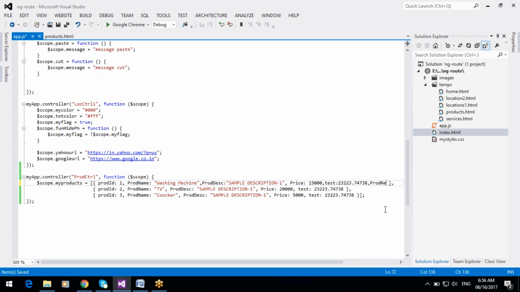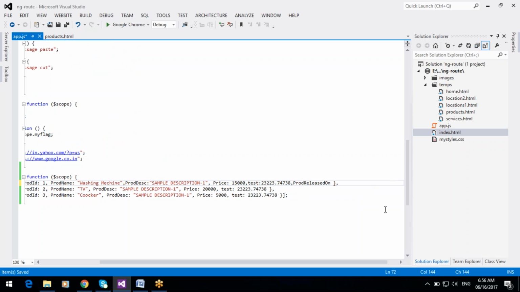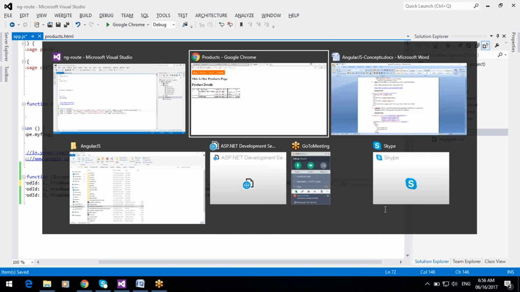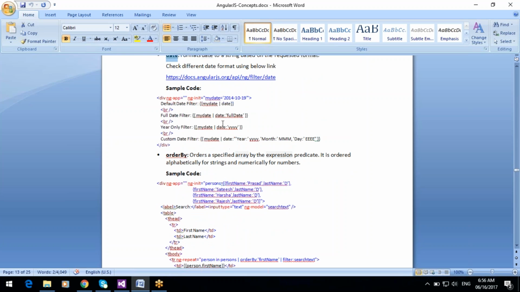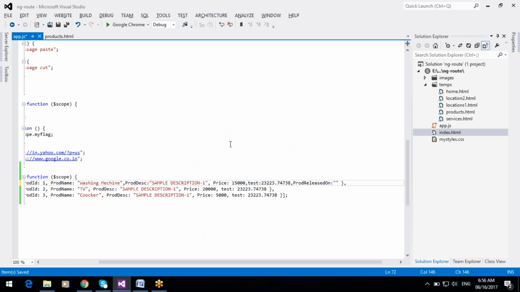Product released. Okay, product release date. So the date format is 2016, 6 and 12.